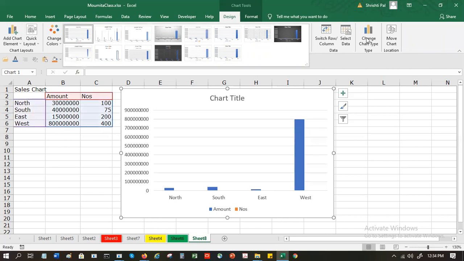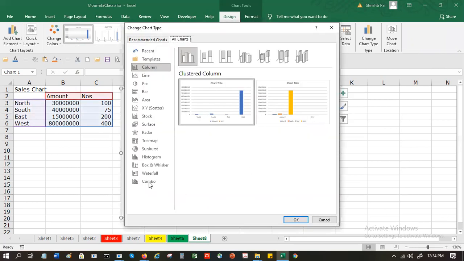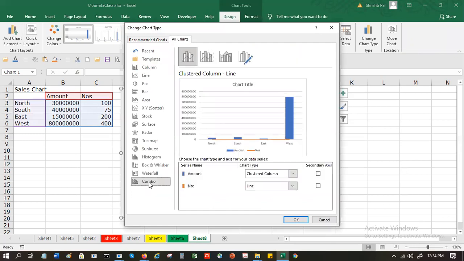So I'm going to Change Chart Type, and you will find at the bottom there is a combo chart. So combo chart tells you I have a clustered column on one axis, which is blue in color, and I have a line which is numbers, which is also running along.